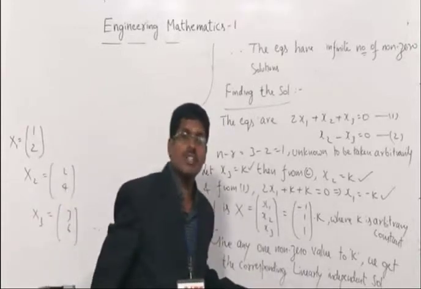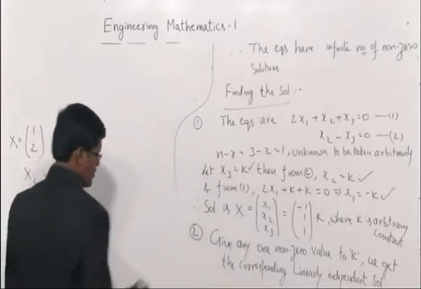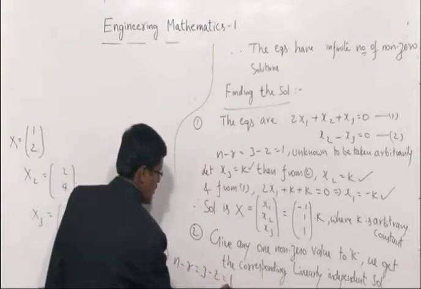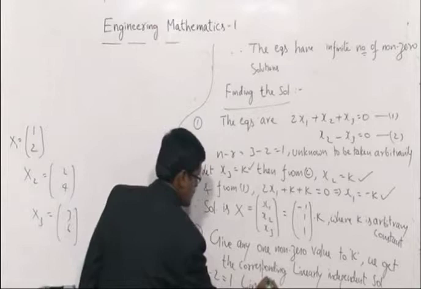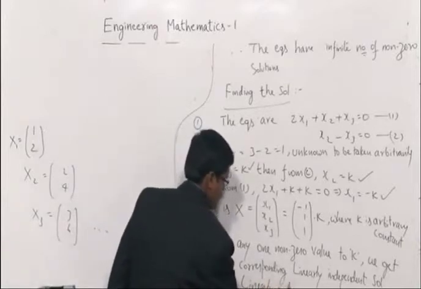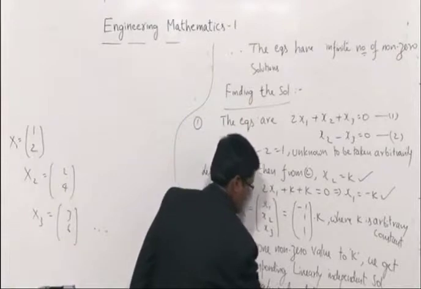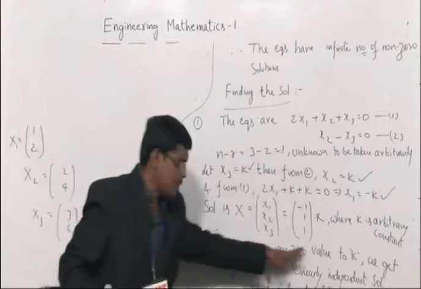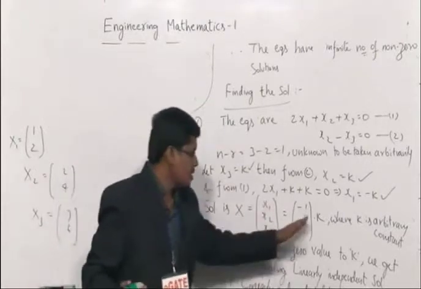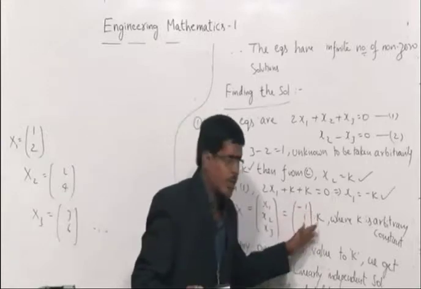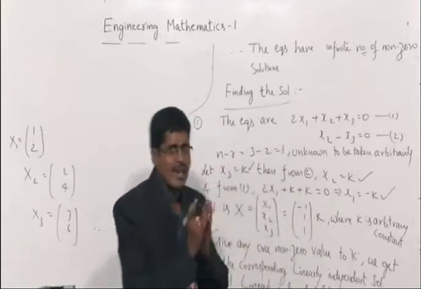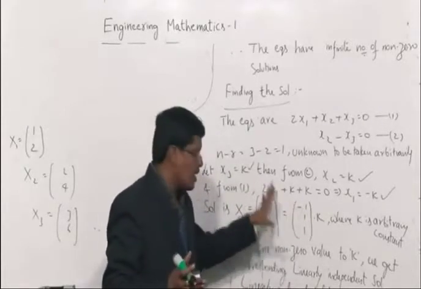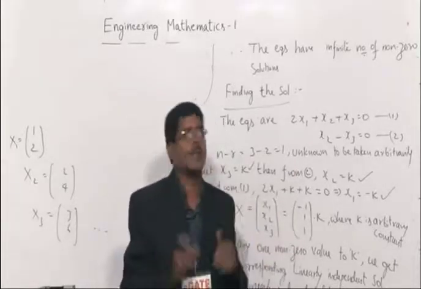So, the procedure for finding the number of linearly independent solutions is n minus r. n minus r is equal to 3 minus 2 is equal to 1 linearly independent solution. So, how many linearly independent solutions? Only one. That I told you in the second point. Give any one non-zero value to k. That means k is any number. Giving values to k one by one, you will be getting x1, x2, x3 answers. For any one non-zero value of k, you will be getting one answer, that is called